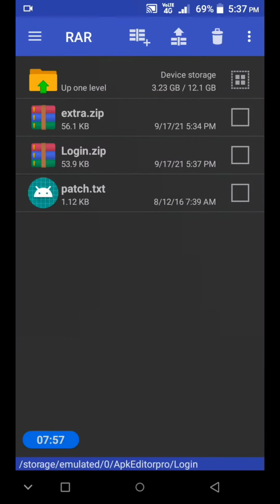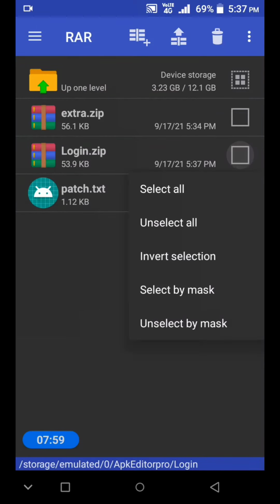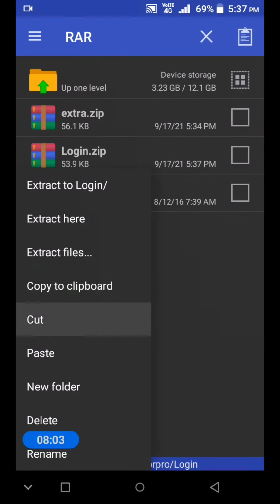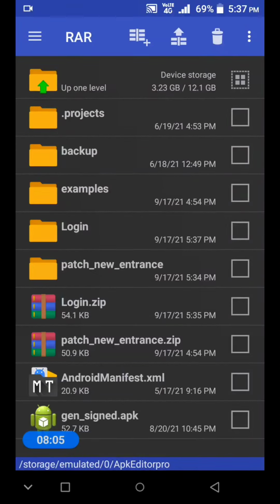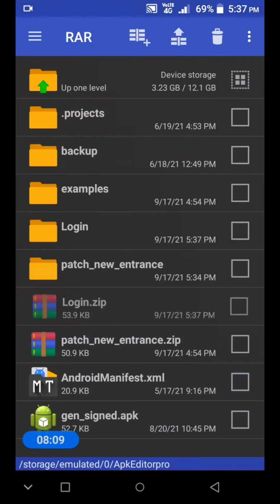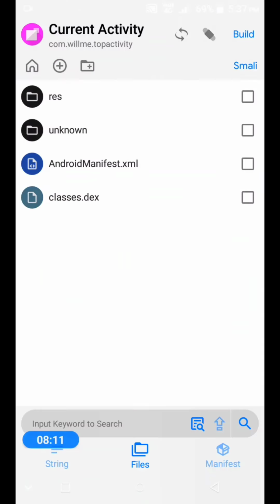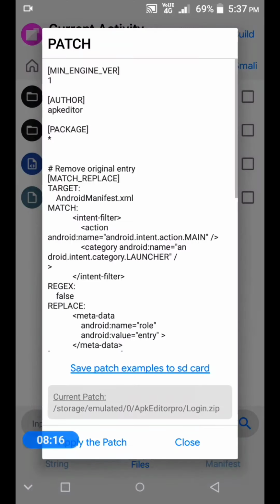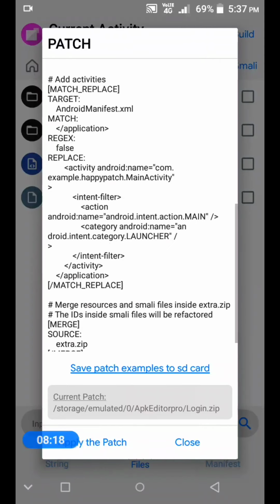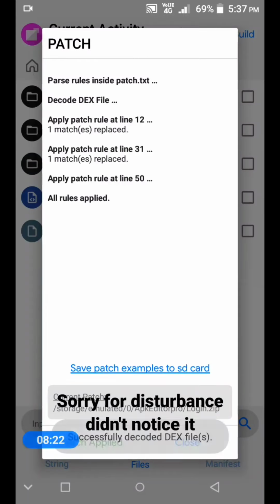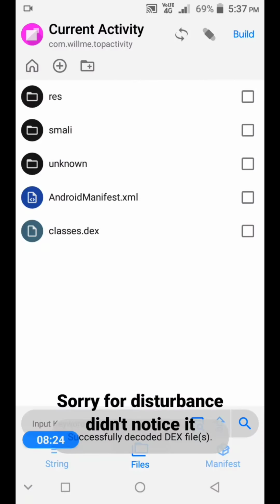Now the login patch is created. Let's cut this one and paste. Let's try it once again. Login patch. You can see here everything is present. So let's apply the patch. All tools applied. Now build.